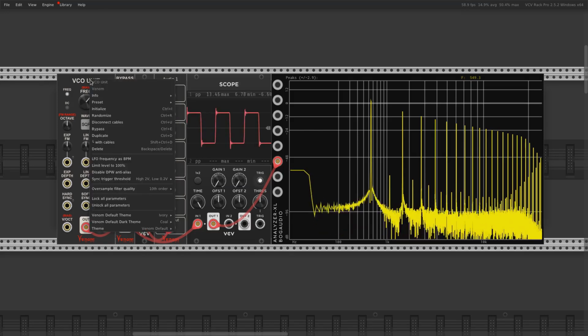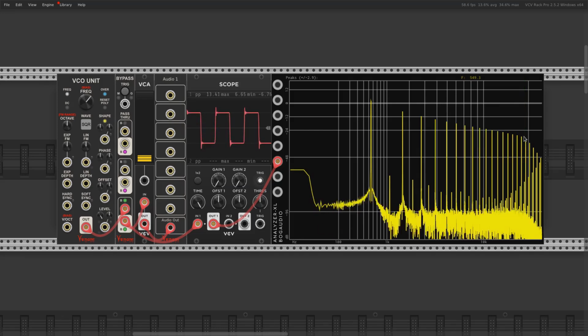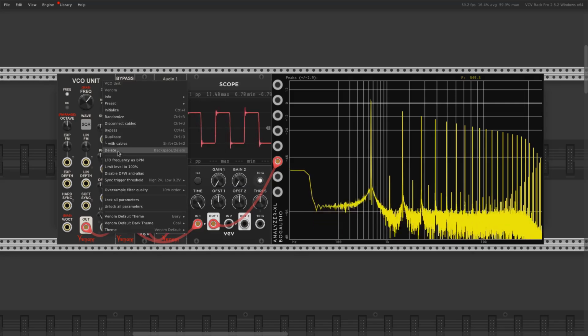And I made an improvement. It used to be oversample quality. It used to be 6th order. So if you look at this profile, this is a nice slope. I'm running at 48K sample rate, and about 18, 19 is where the cutoff is, and it comes down. If I go to